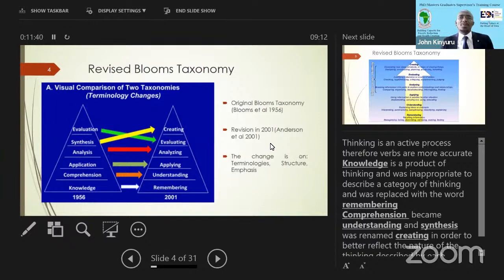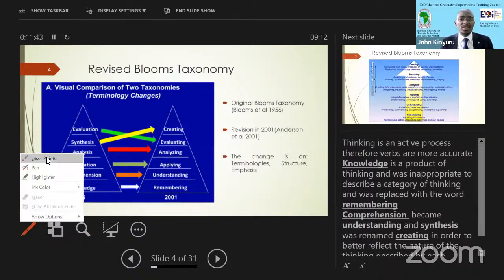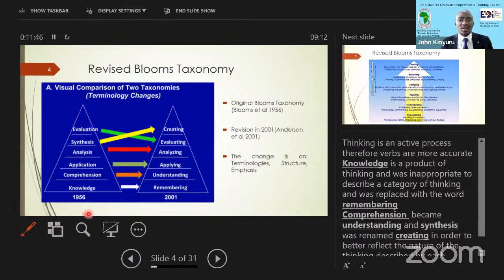So that is how Bloom's taxonomy is. There are two types. One is the original Bloom's taxonomy. This on the left was the original Bloom's taxonomy that was developed by Bloom et al. Bloom and his colleagues developed this kind of thinking hierarchy. However, in 2001, another group of psychologists revised it to look the way it's looking on the right. Of course, there was a change in terminologies. There was probably also a change in structure and emphasis. But basically,